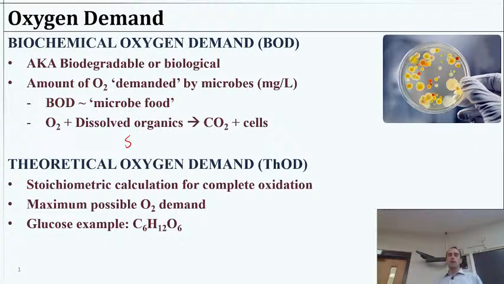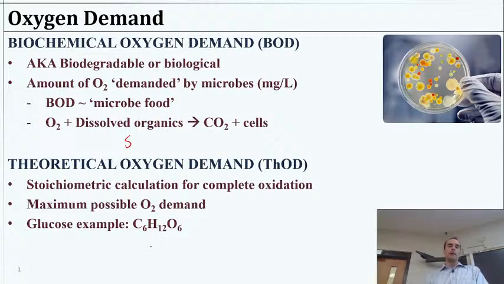So there's a couple ways we could try to get an estimate for this amount that bacteria will ultimately demand. BOD measurements is where we're going to go today. But before we get there, I want to give a couple of examples of how else we might try to get to that answer, like how much oxygen is going to be consumed. That's what we're after. So first of all, we could do a theoretical calculation. This is possible if we know exactly what organic material is there. So if we just had, for example, glucose,